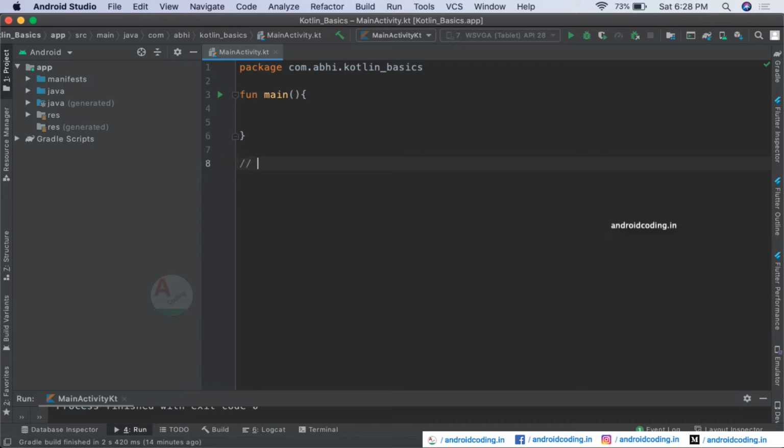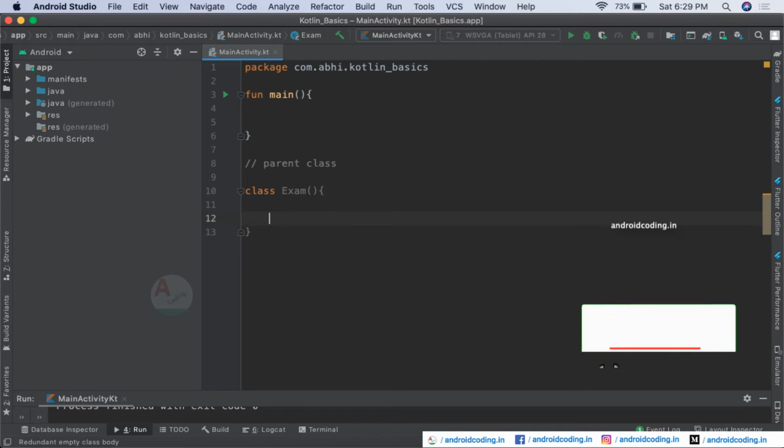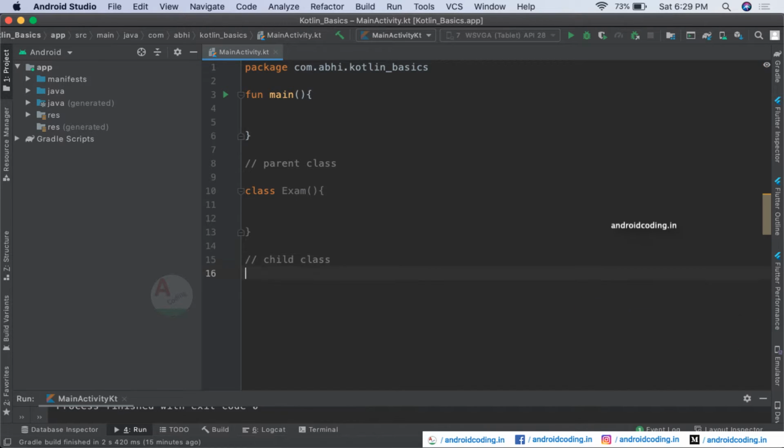So for example, we will be declaring a parent class here. I am just considering the parent class to be exam here, for which primarily I am not considering any parameters, and the child class is a student here.